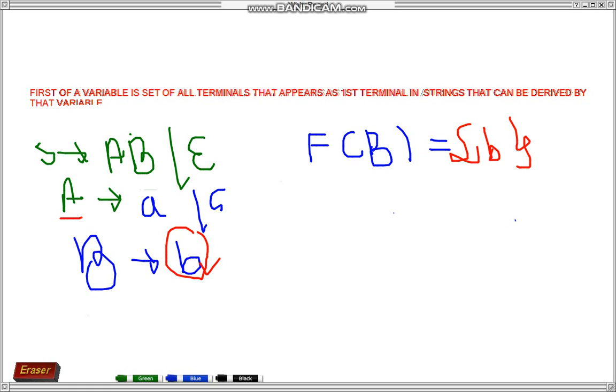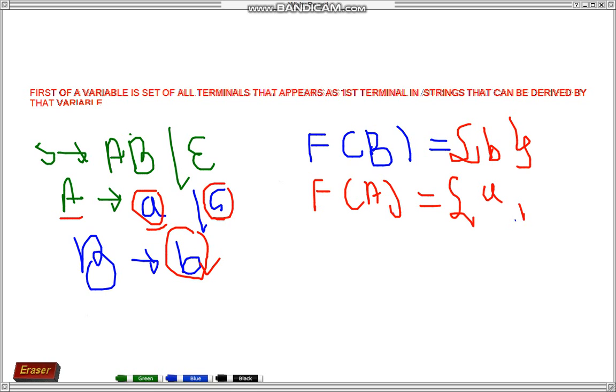Now try to find first of A. How many strings is A deriving? Two strings, small a and small c. In small a, a itself is the first terminal, and in small c, c itself is the first terminal. So write down a comma c.